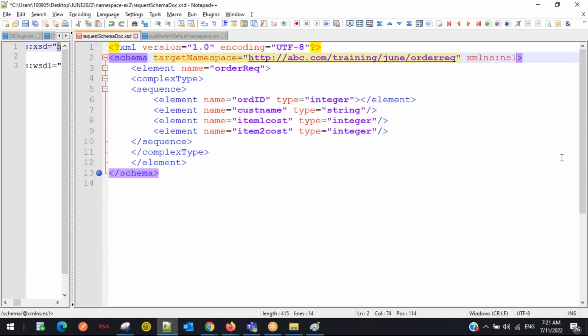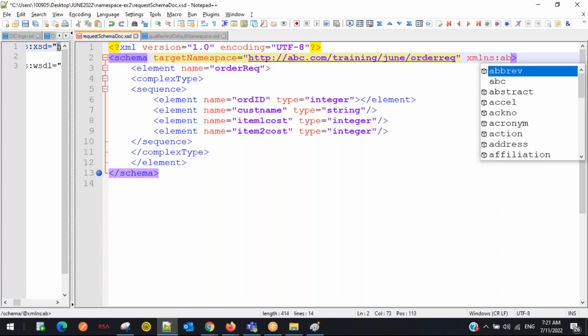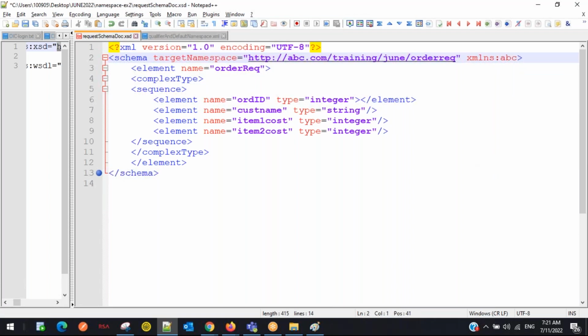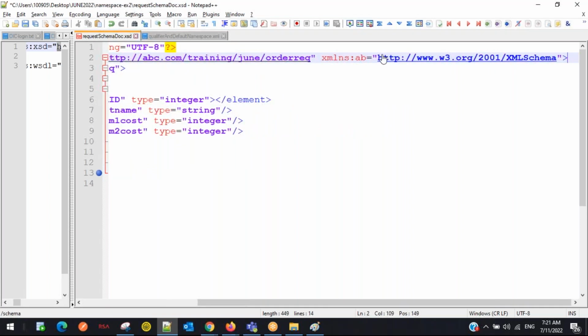Your choice, you can say NS1 or ABC, XYZ, something, okay? You can use a qualifier along with your namespace. Qualifier is just an alias name of namespace. And this namespace, you need to remember